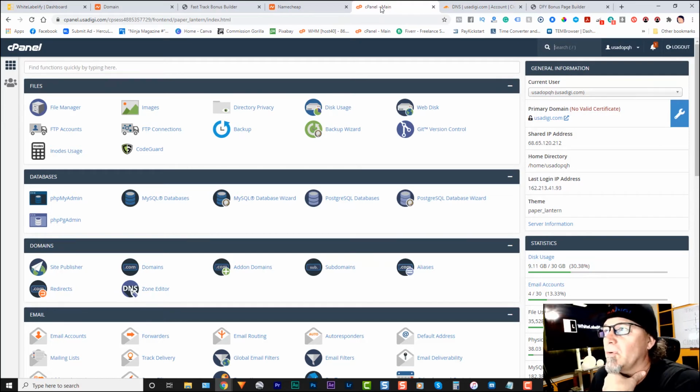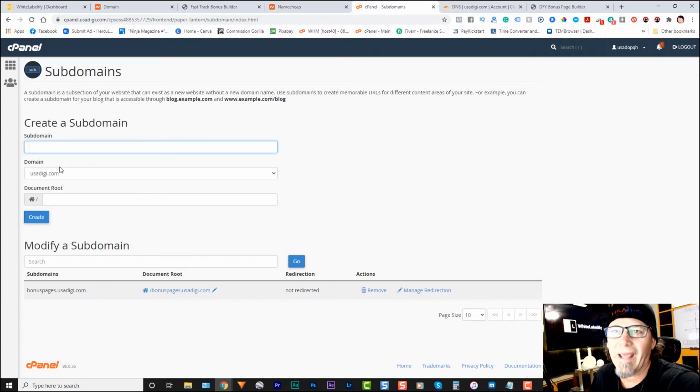Let me show you how to set up a subdomain. It's really easy. Once you're in the cPanel of whatever type of hosting account you have, it's pretty much all the same as far as the cPanels. Maybe they look a little bit different, but they operate in the same manner. So you want to come down here to subdomains, look for that under domains, and click that. Then you want to add one. I already added one, as you can see right here,